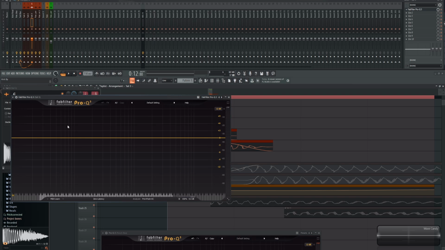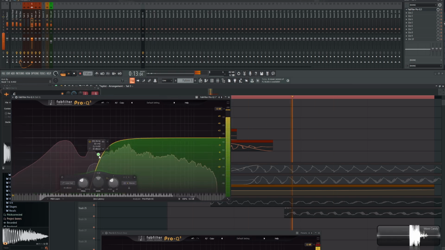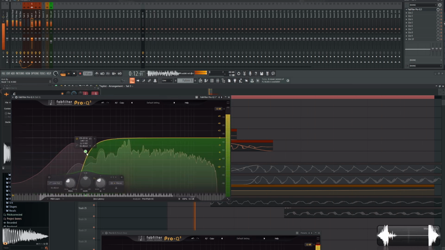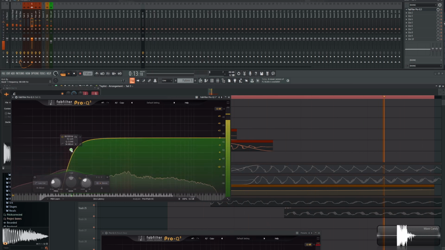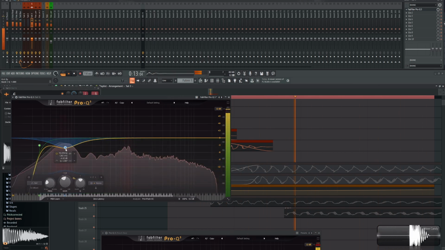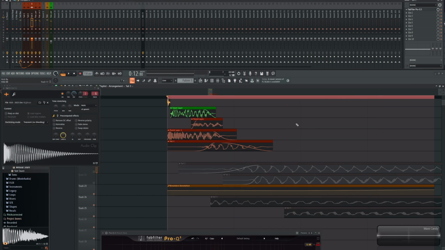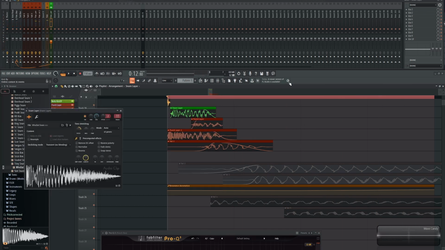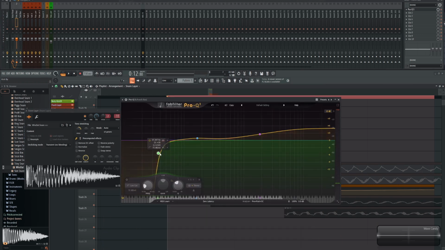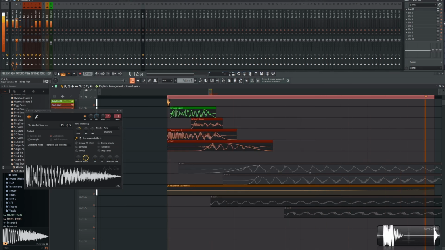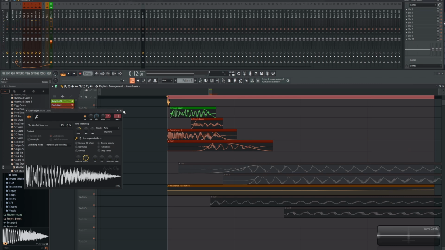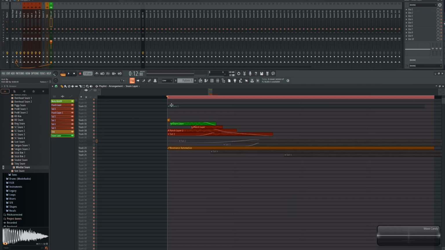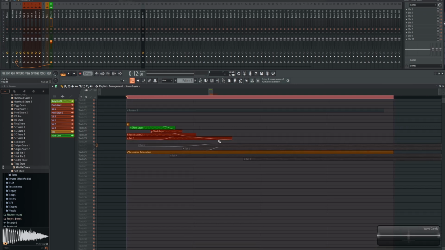We should low cut this. On the punch bus, bring back some of the lows. Okay. So now we will leave this layer on the punch layer, and we will start working on